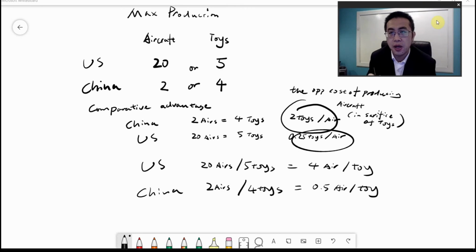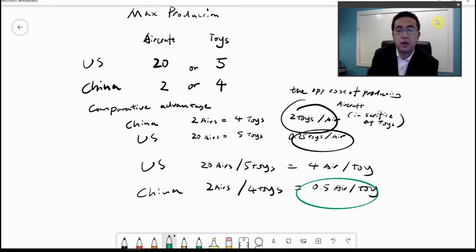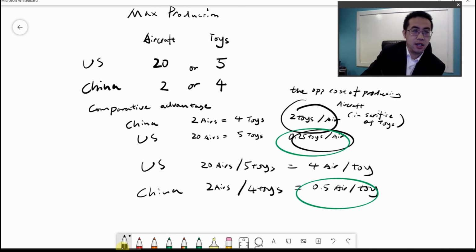So the U.S. has a higher opportunity cost for producing toys, so that's a disadvantage. And China has the lower opportunity cost of producing toys, so that's their advantage. So let me just mark this. A lower opportunity cost is a comparative advantage. So China has the comparative advantage in toy production because they need to sacrifice less aircraft, and the U.S. has the comparative advantage in aircraft production because for each aircraft they produce, they just need to sacrifice less toys. So to emphasize what I said, a comparative advantage means lower opportunity cost